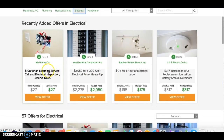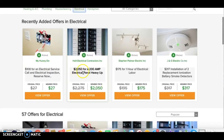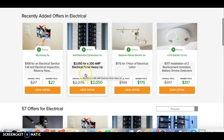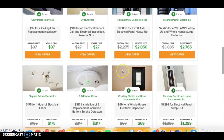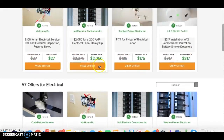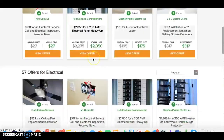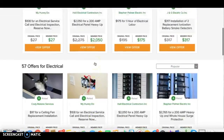Okay, so a lot of times if you have an older house, you're going to need to do what's called a heavy up. A heavy up almost always costs $3,000, at least in my area. In some cases, it might cost more. So here we have, right off the bat, saving $1,000, $2,000 for a heavy up. Now that's not half, but that is a very significant discount. If you start to add up all these, we just saved